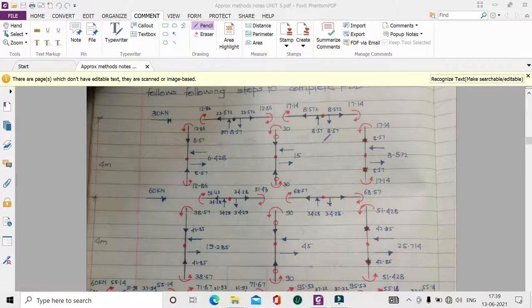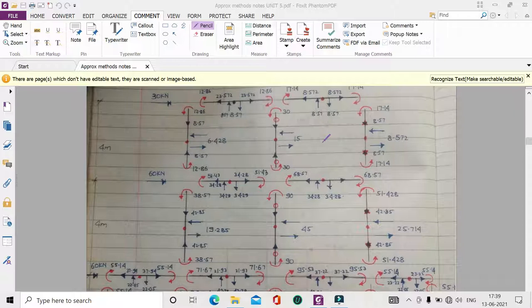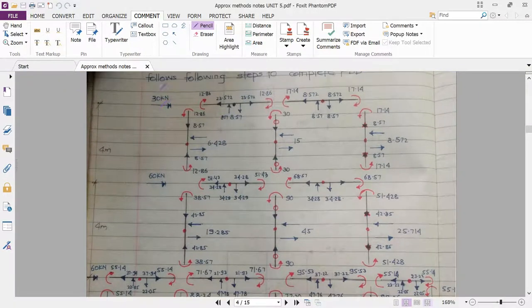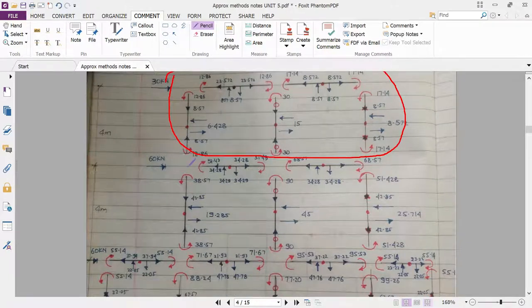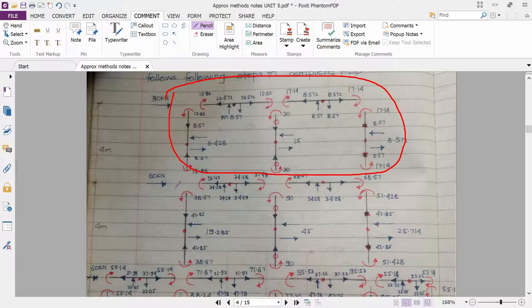Today we will see the extension part of the numerical that we left in the last lecture. We have solved the upper story part, that is the calculation for the external horizontal loading of 30 kilonewton. So we have seen how these values come. Now today we will see the calculation because of the external horizontal loading of 60 kilonewton which is applied